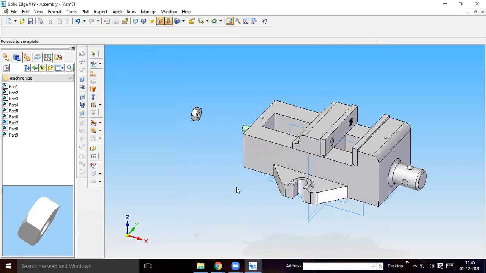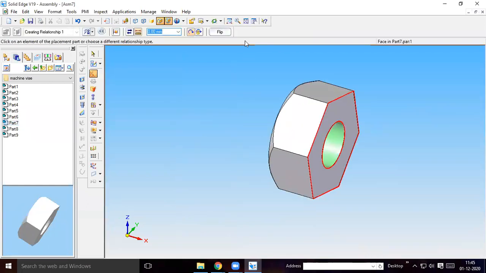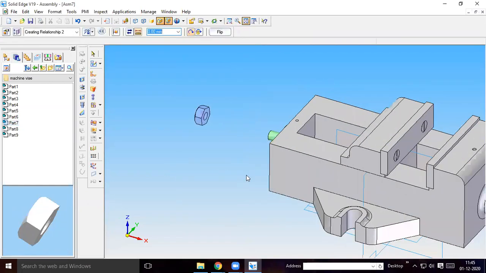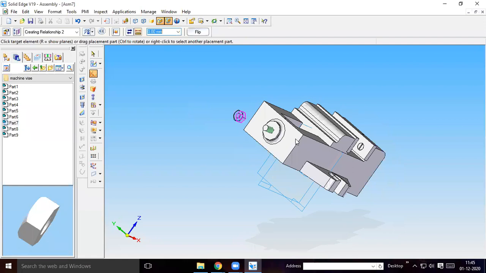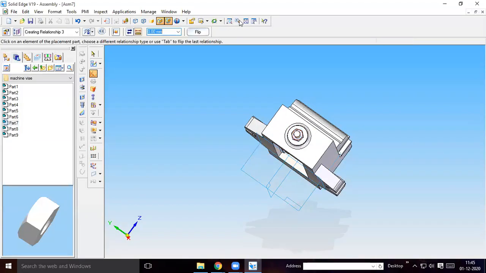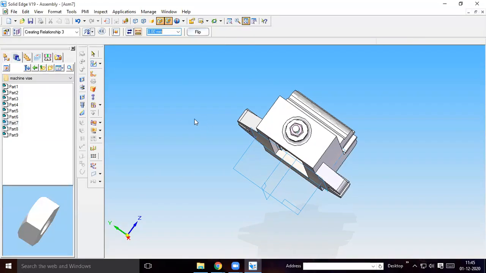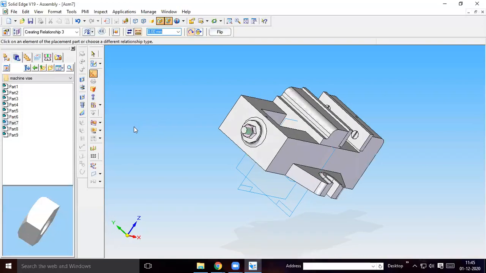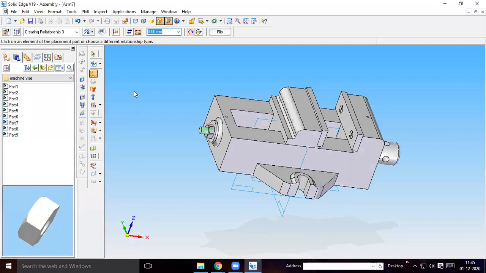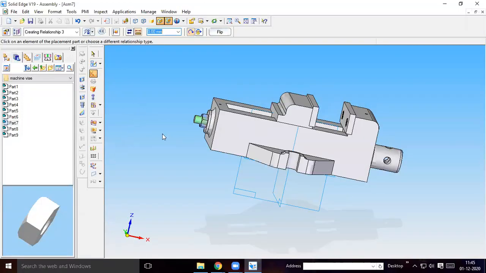Use zoom option. Then here this surface. Okay, so then in order to look properly, you can use flush fit of one of this surface with this. So it will align properly.